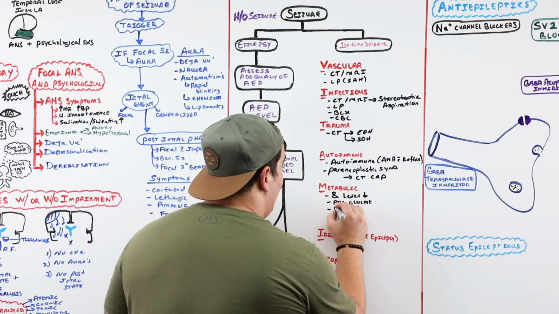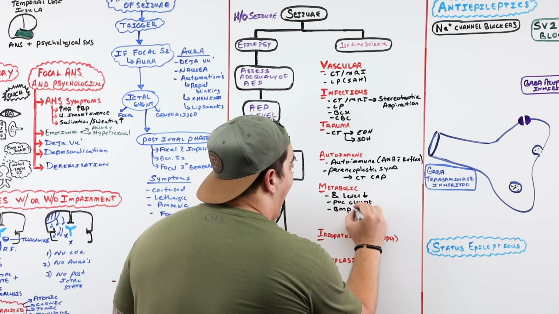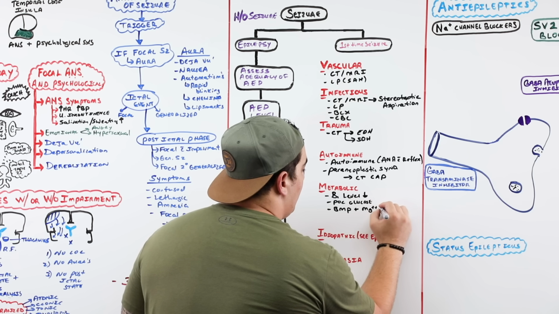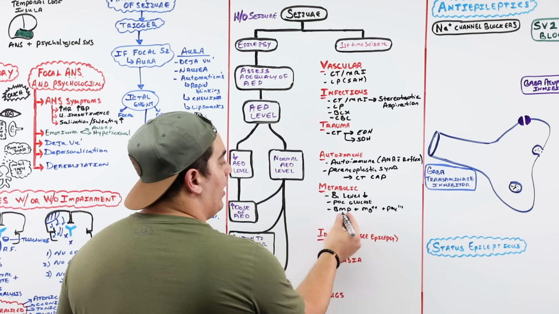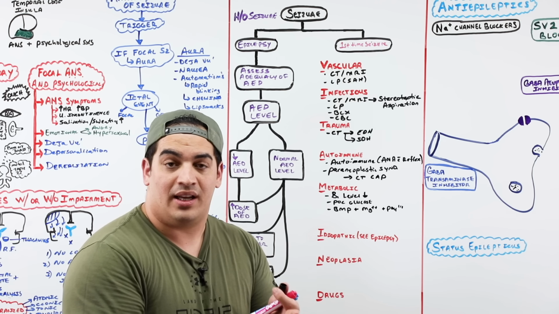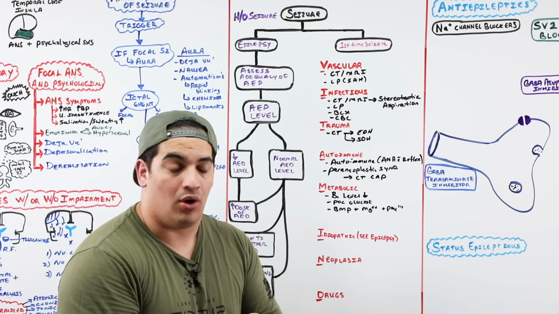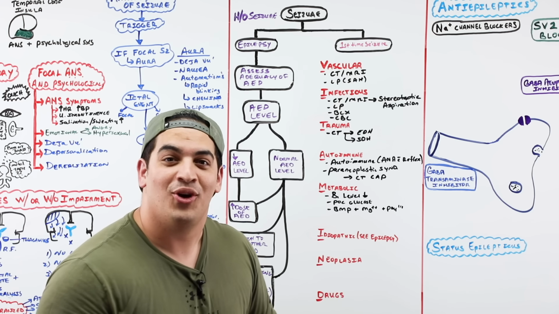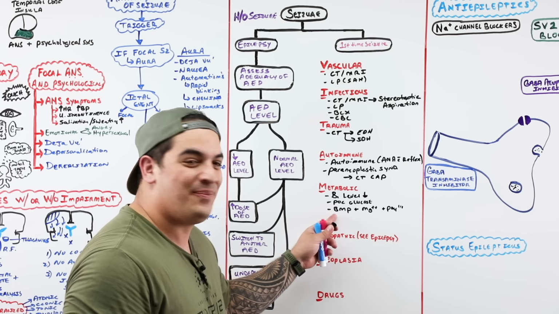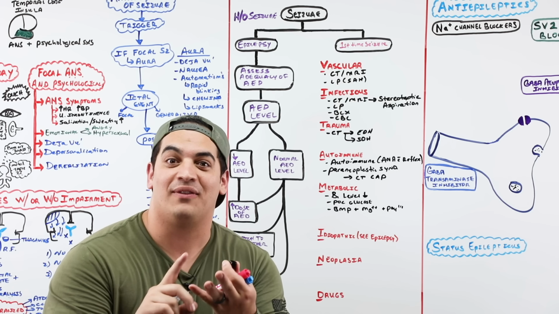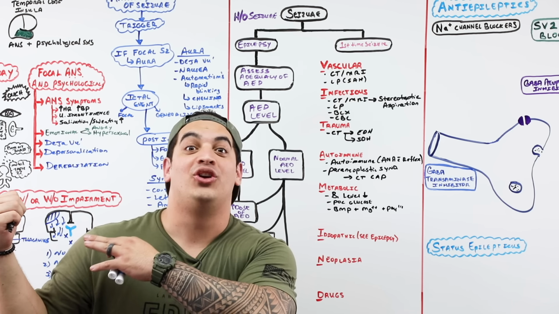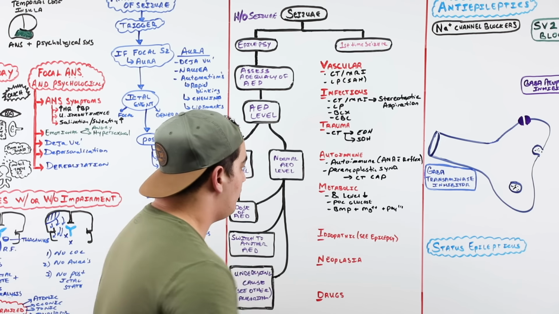I can get a BMP and add on magnesium and phosphate levels, because a BMP is going to give me what? It's going to give me their sodium, it's going to give me their calcium as well, okay? And it can even give me a glucose. What else is good about the BMP? It'll give us their renal function. So if there's any elevation in urea, elevation in creatinine, which is a cause for uremic encephalopathy.